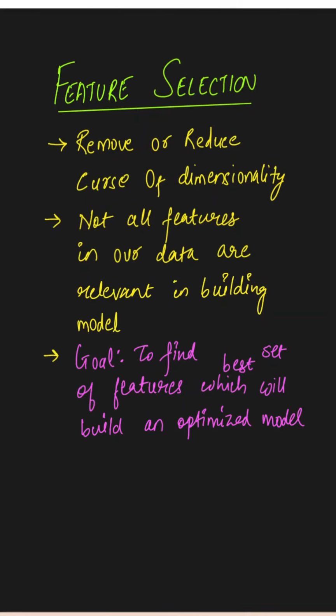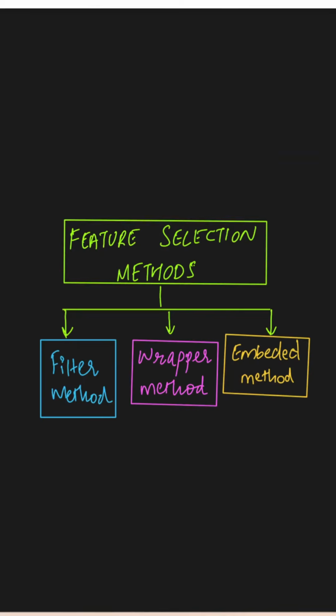Let us continue our discussion around feature selection. In my previous video, I have already talked about what is feature selection, what are the different types of feature selection methods, and we have already discussed what are filter methods. In this one, we are going to talk about wrapper methods and embedded methods. If you have not watched my video, then please do watch it, as that will be the base of this